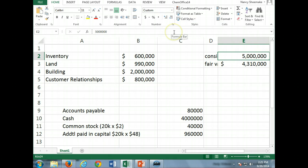So I'm basically taking, we paid 5 million for it. $4 million cash, $1 million in stock. We need to calculate the assets we receive. Now, if there wasn't this accounts payable there, we would just take the fair value of all these assets. Okay? But since we're assuming a debt, we want to subtract that out of our fair value. Make sense? So we take the 600,000 plus the 990 plus the 2 million plus the 800 minus the 80,000,